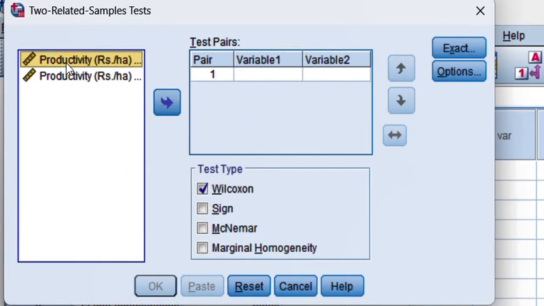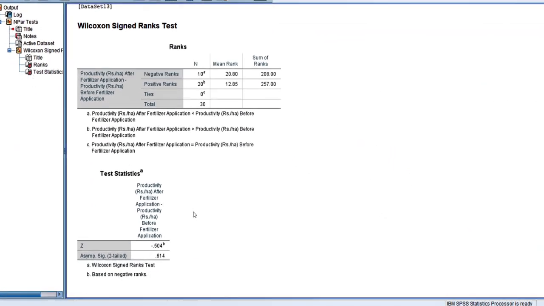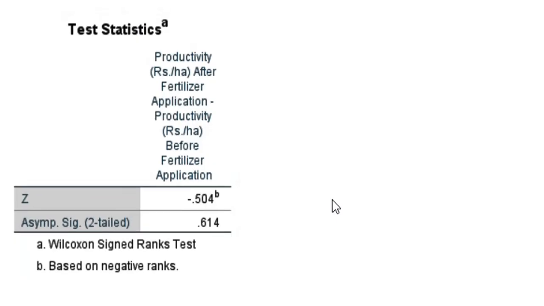Our test pair is productivity before fertilizer use and productivity after fertilizer use. Select Wilcoxon and click on OK. The test result indicates that the p-value is more than 0.05, and again we can say there is no statistically significant difference in agricultural productivity before and after fertilizer use in this example.